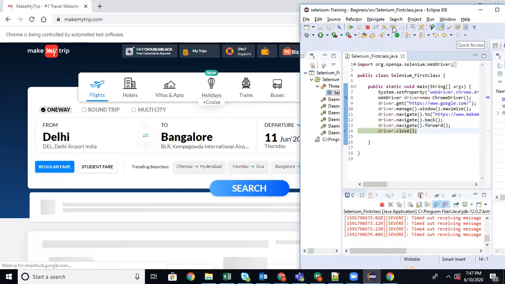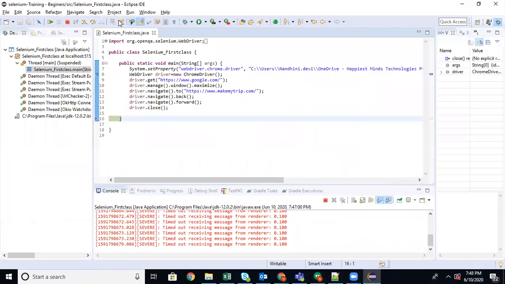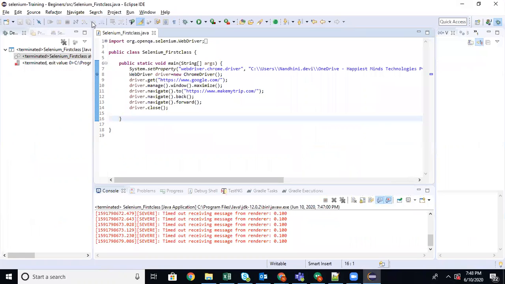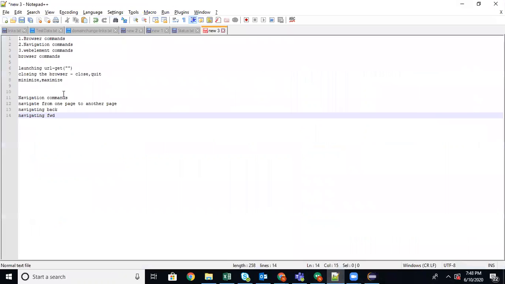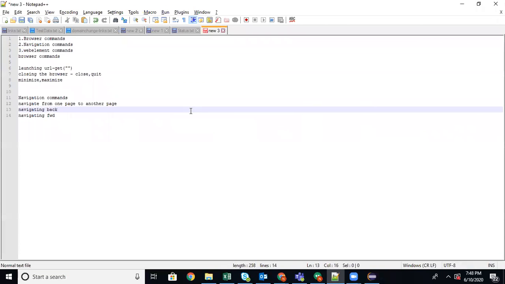See, close. Now coming out. Done. So this is the navigation command. The third one is the web element command. Before learning web element commands, you should know what is meant by a web element. What are web elements? And then you will learn what the commands are, meaning how we are going to access those elements. So let's